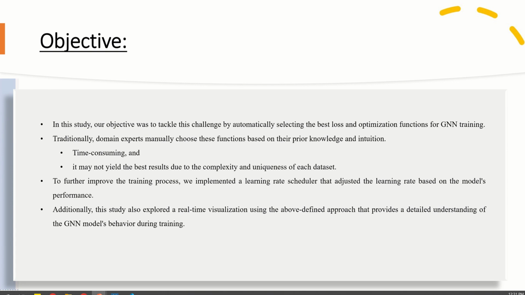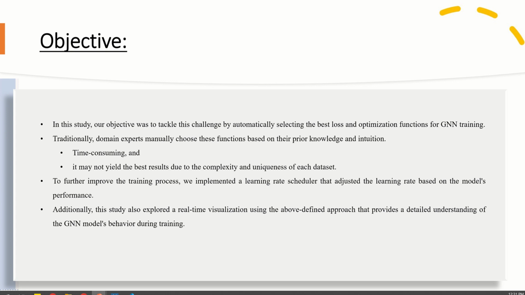But this is a time-consuming process, right? For example, you use one set of functions, like the loss function, optimization function, and the learning rate, and then you get the result maybe in 10 hours or so. If the dataset is bigger, you may have to wait even a week. Then you receive the result, but it doesn't satisfy you, and you think, okay, let me explore a different loss function, a different set of functions, and then you implement it again, and you wait one week more. So it's a time-consuming process,